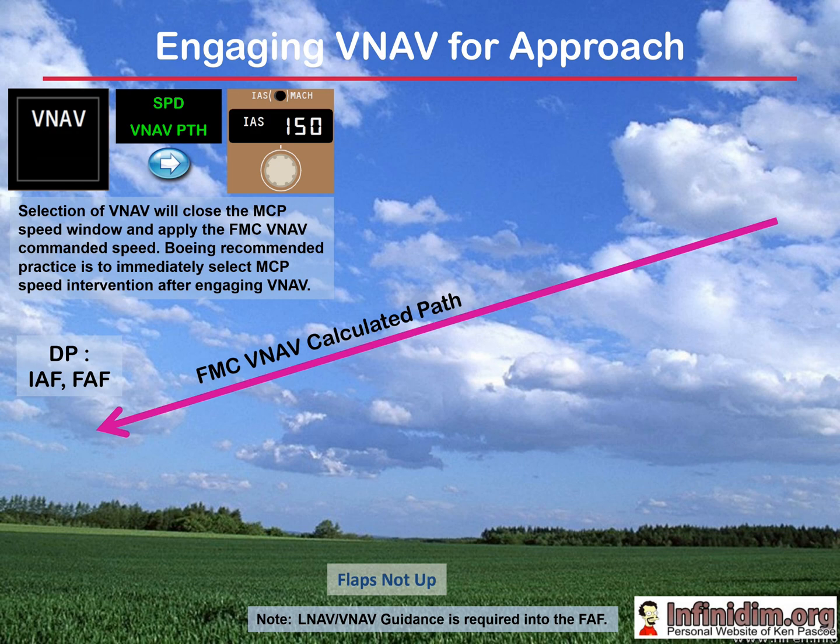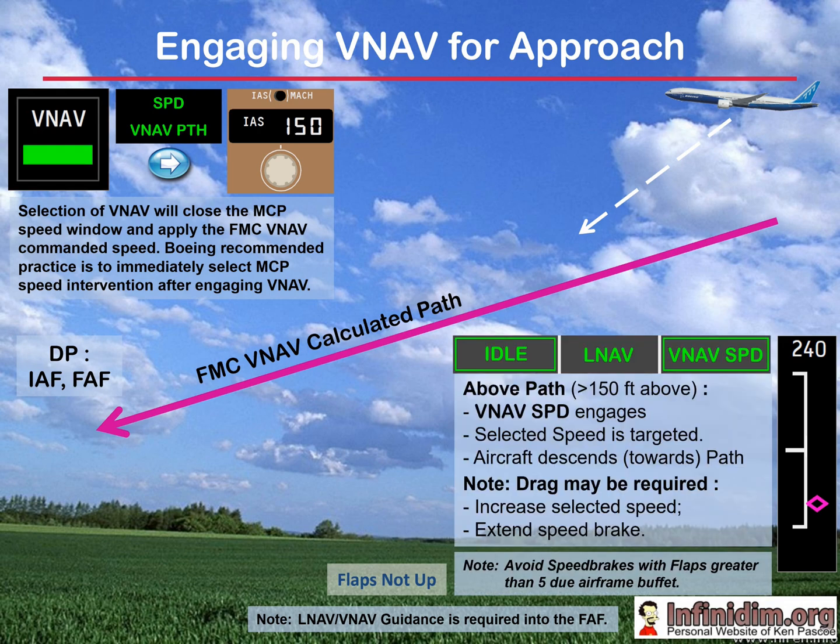Moving on now to a well above path engagement, greater than 150 feet. Now VNAV engages the autothrottle in idle and the pitch mode in VNAV speed because the aircraft is out of the nominal capture region of the FMC path. With idle thrust, the aircraft now descends at the selected speed until capturing the VNAV path, whereby speed and VNAV